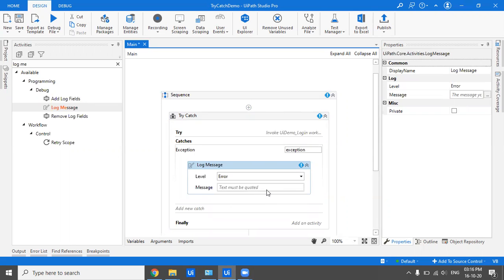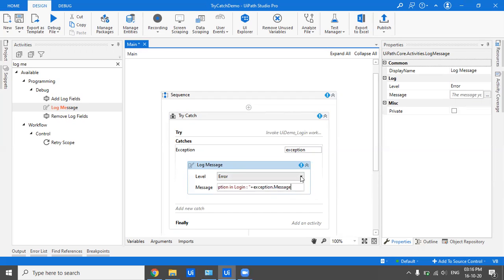So I'll do this with error, and here I'll be logging my exception message. So I'll say "exception in login", and now I want a detailed message to be printed about what the exception was. So I would do exception.message, which would contain a detailed description of your exception.